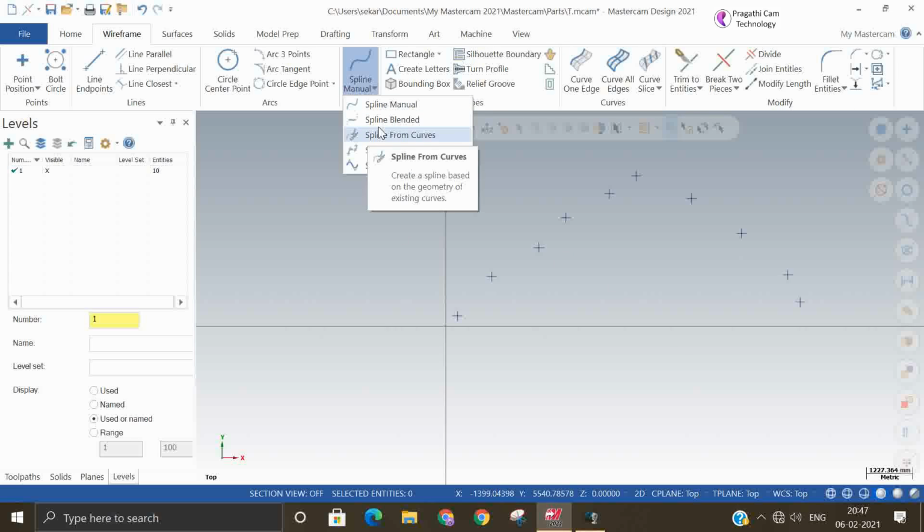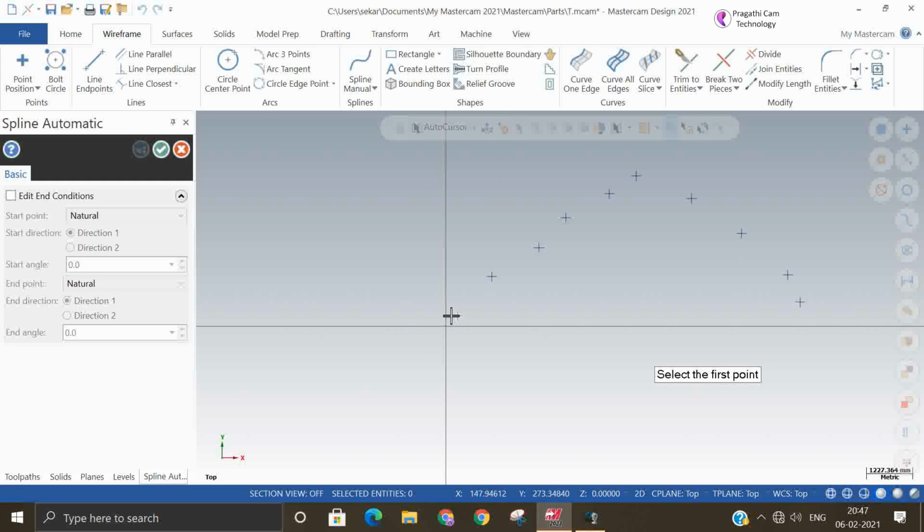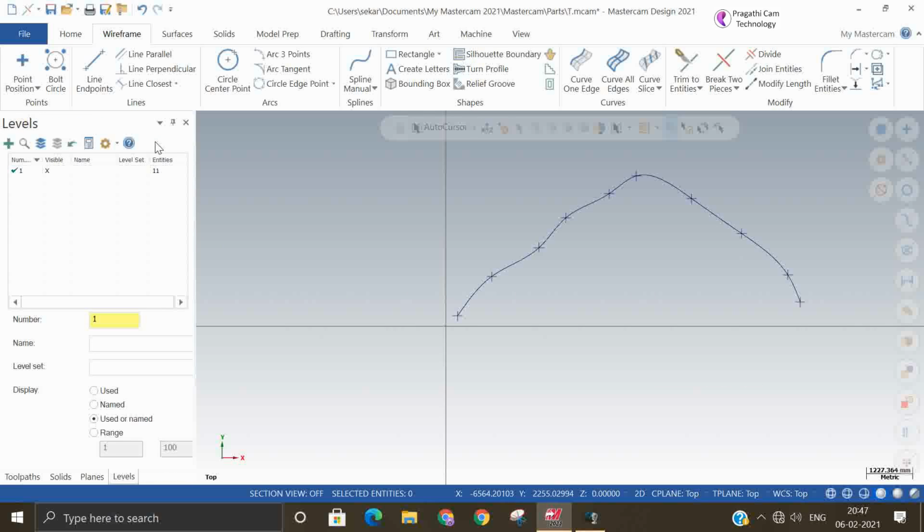So again, I will make one more spline: 1, 2, and the last point. Sometimes issues may come. One curve is there. If the two curves have some gap, maybe it may be broken.